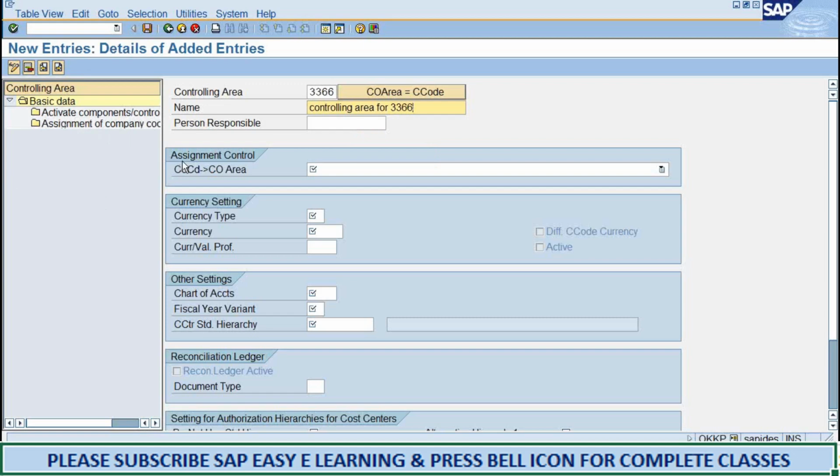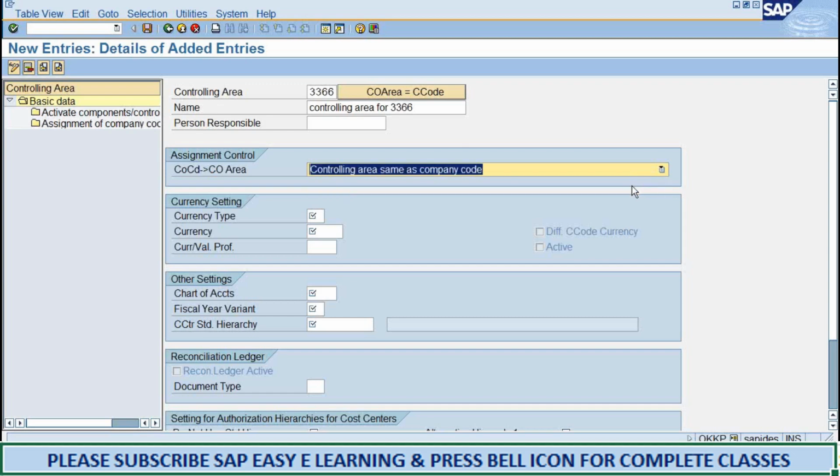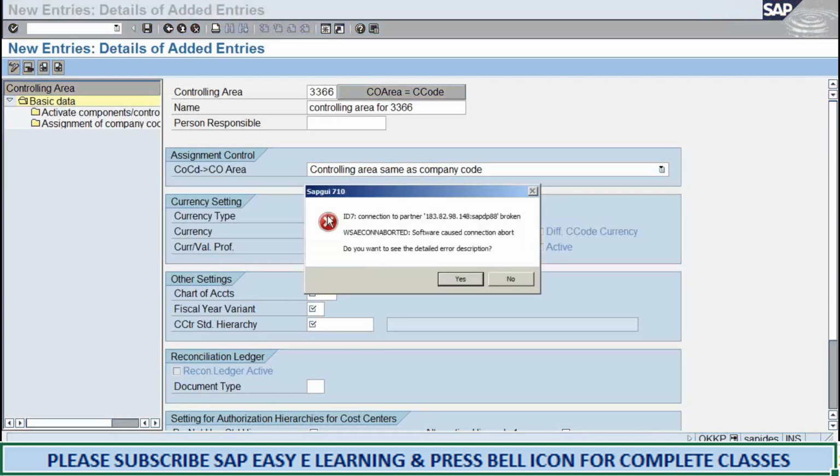Now look at the screen. Assignment control, company code to controlling area. I told you two scenarios, no? If you press on the drop down menu, see: controlling area same as company code, cross company code cost accounting. So here we are having only one company code, so I am going to use only controlling area same as company code. Then currency type. Currency type means here from now onwards, when we post the business transactions in FI,